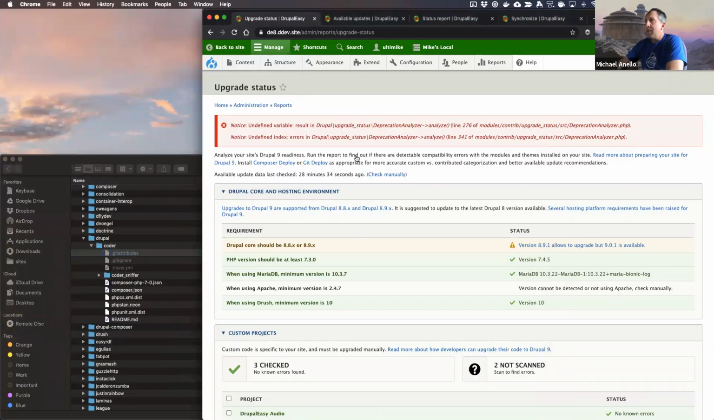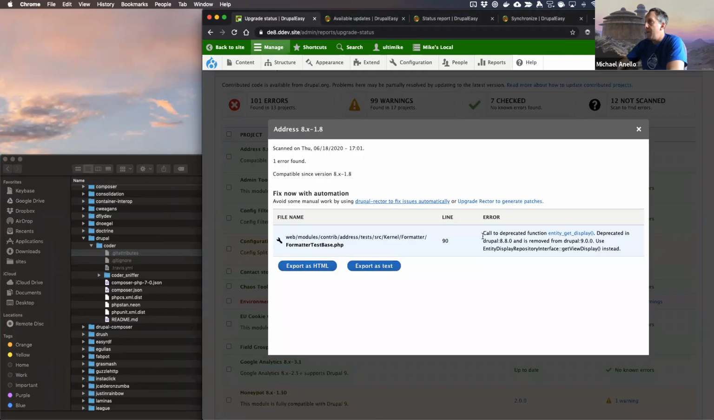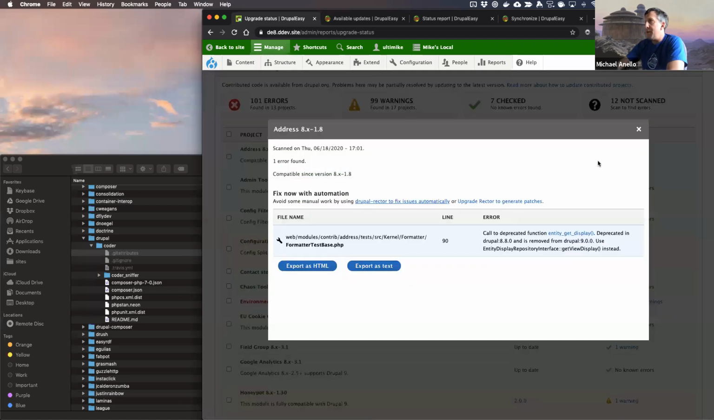All right, so I got those. That's awesome. And there's definitely fewer errors. So that actually did it. Oh, so there's still a deprecated function. So look at that. It says address is compatible. So I wonder if this is a false positive. Oh, it's in a test. All right. So there's a deprecated function in a test, which should not affect